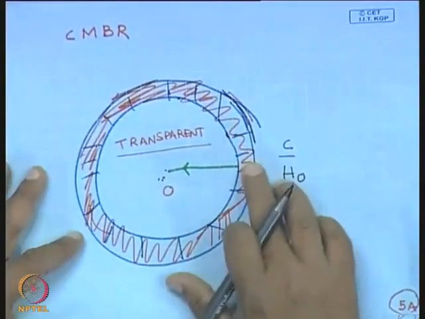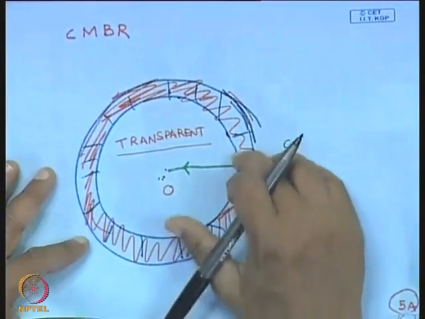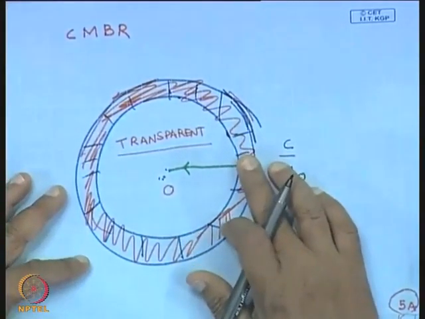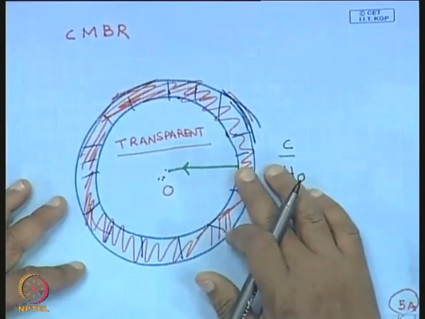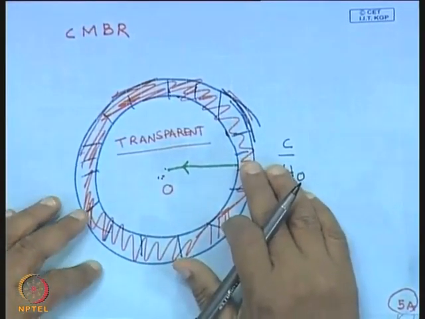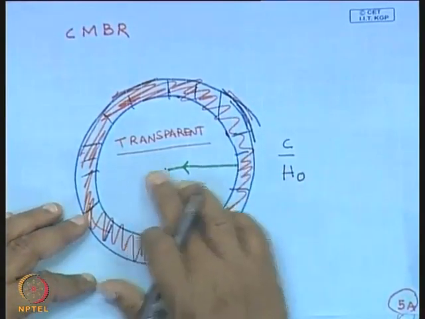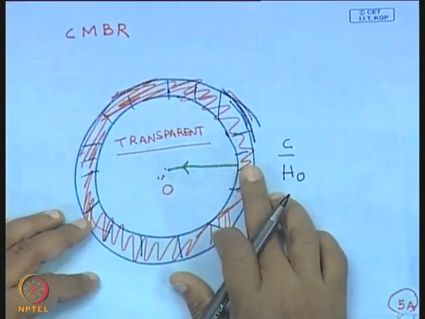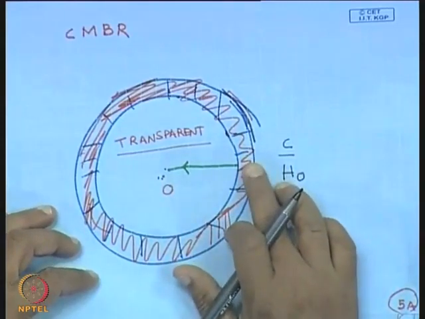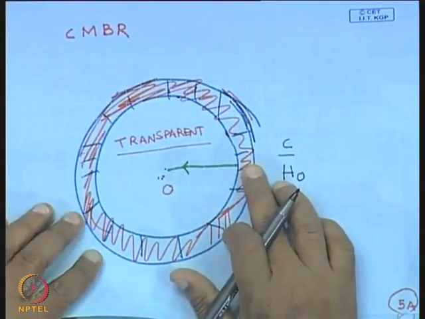And when the CMBR and the matter interact and come to thermal equilibrium, the CMBR loses a very small fraction of its heat to the matter, or gains very little heat from the matter, whichever, whether the matter is hotter or cooler. So it is quite clear that the thermal property of the CMBR will not be affected much, even if it were to interact with the matter, okay, because the matter doesn't contain much heat.